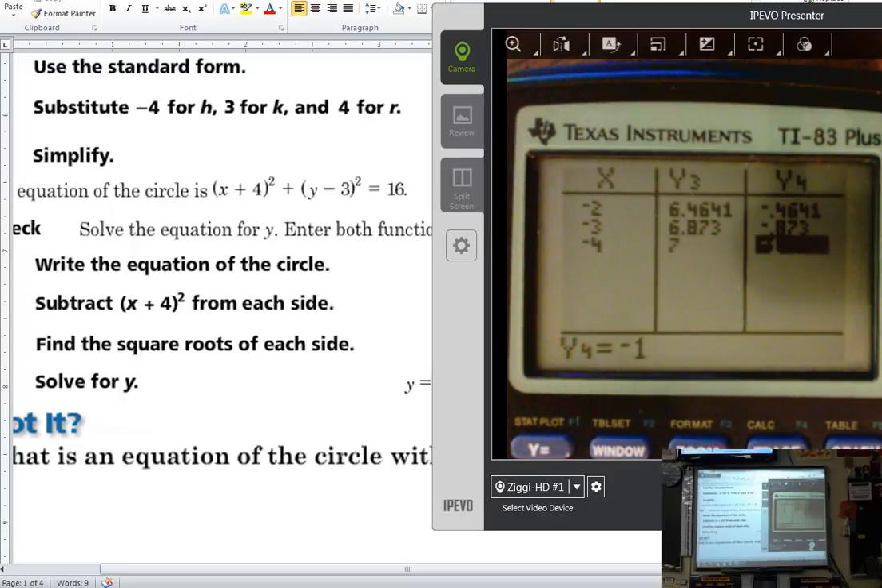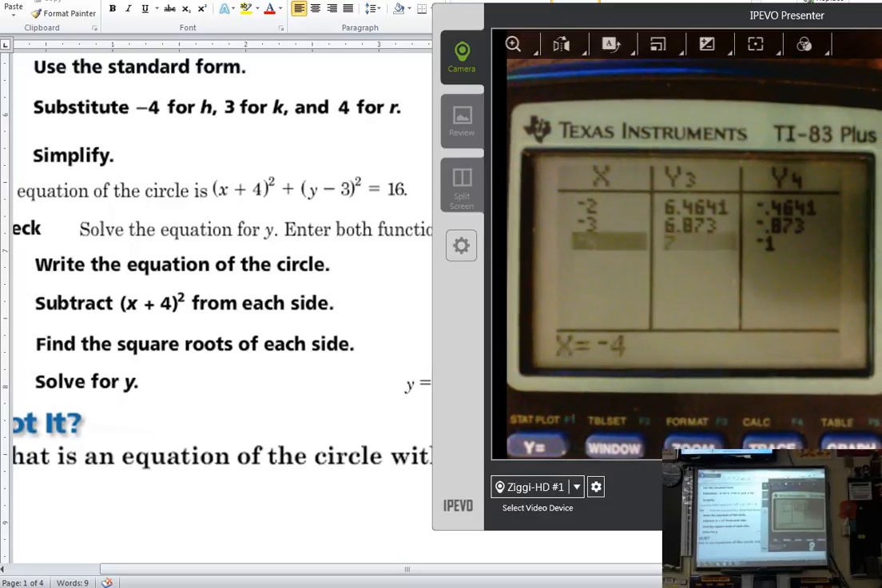That tells me my diameter is 8. So if my diameter is 8 and my center is at -4, what if I go out 4 to the left to get to that left edge? So if I go to -8,